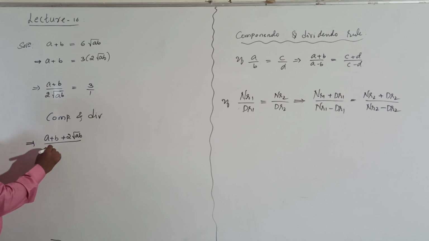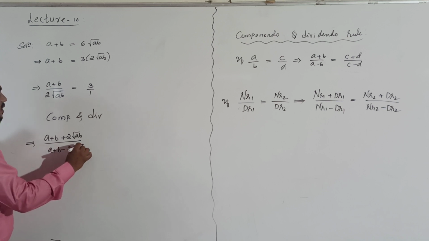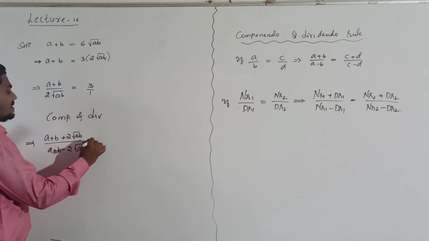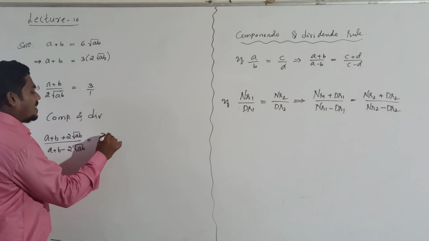Then numerator minus denominator, that is minus 2 root ab, is equal to the similar operation on RHS, 3 plus 1 divided